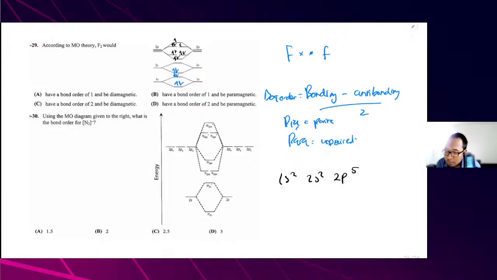So it should be paramagnetic. And then the bond order. How many bonding? 1, 2, 3, 4. 4. So anti-bonding is